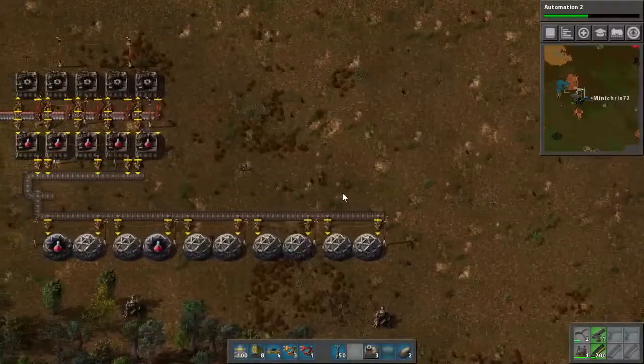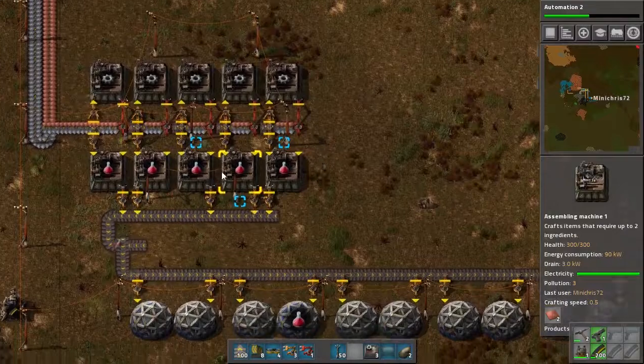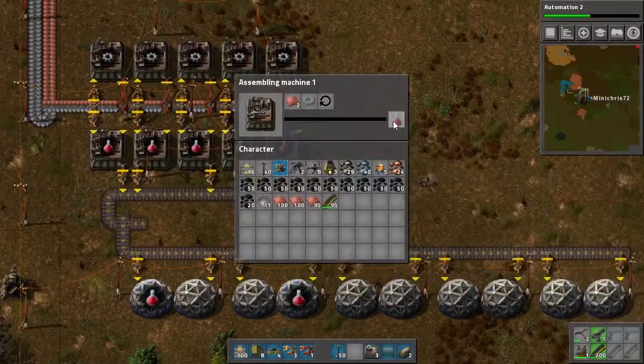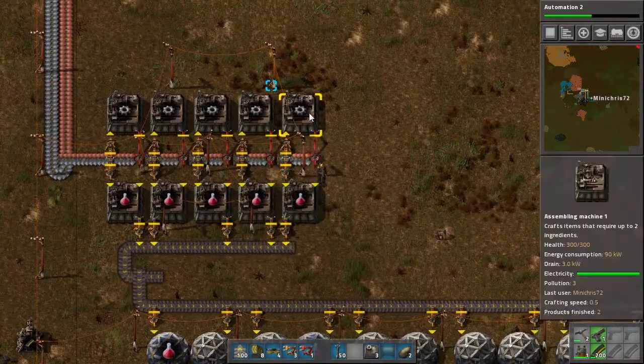Okay, fellas, I have Science 1 induced, essentially started. It's kind of slow at the moment. I'm not sure if they've changed, I don't think they've changed the crafting speed for it. It's just taking the time for the...